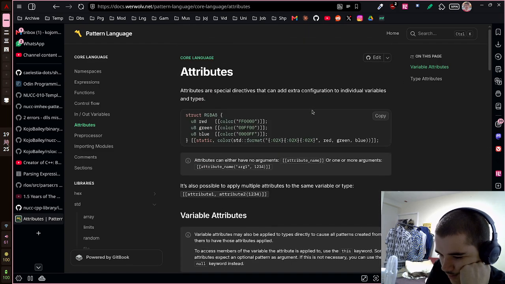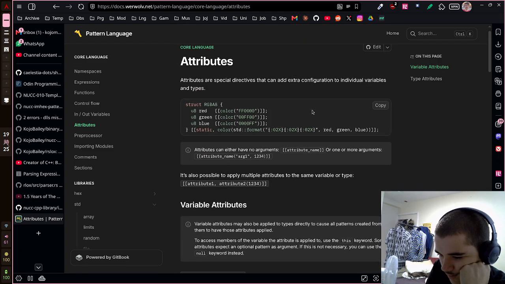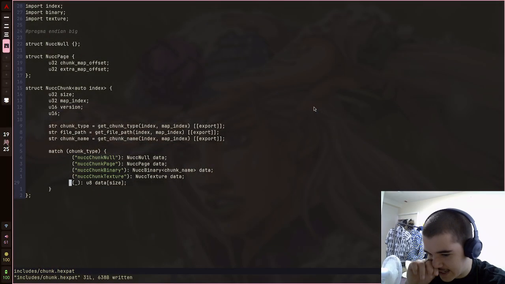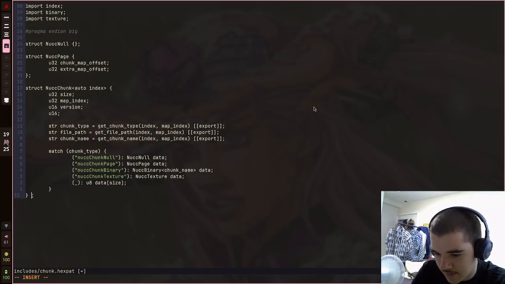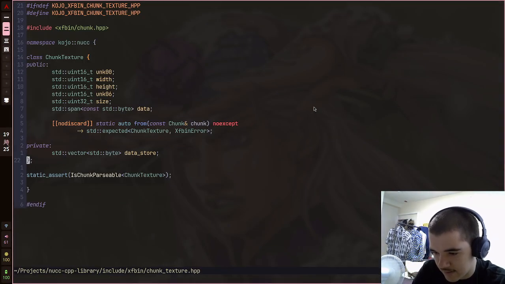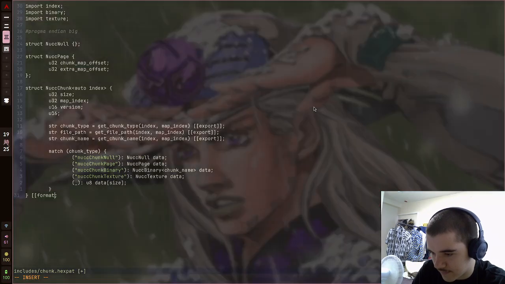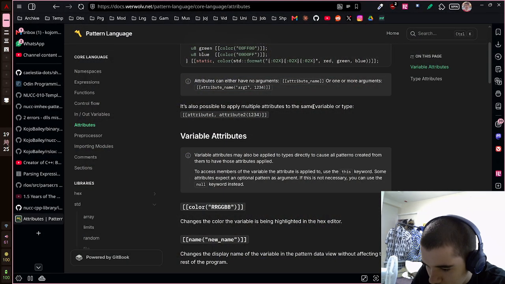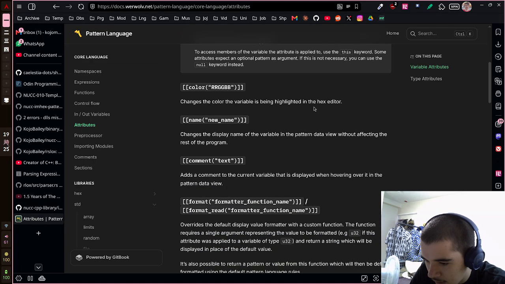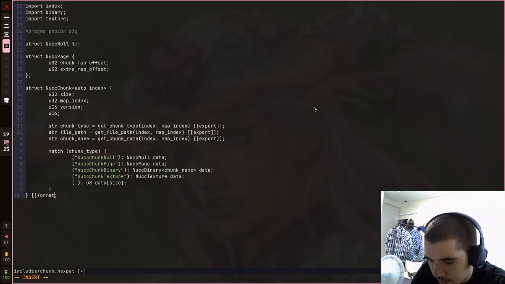Maybe. So can I do like here, format, yeah, format read, and pass in a function name by string for some reason. So I'll do format read,